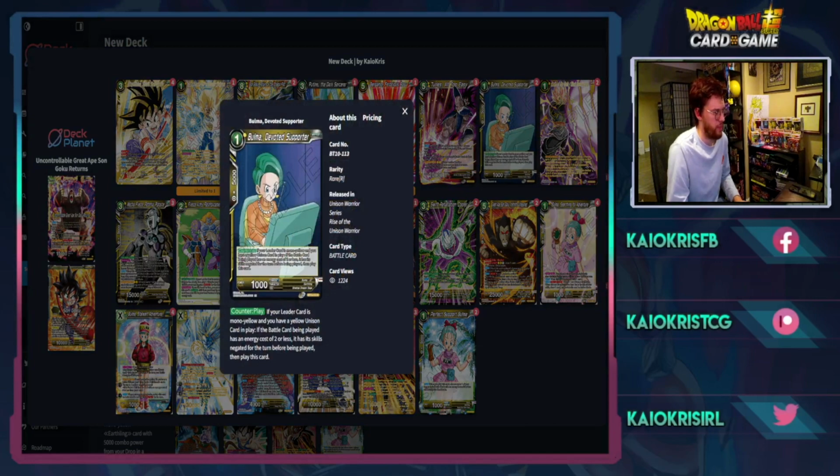So if your leader is mono yellow and you have a yellow unison card in play, if the battle card being played is 2 or less, it has its skills negated for the turn before being played, and then play this card. So this is essentially Yellow's version of the Dodoria counterplay. And I know a lot of people probably have never seen this card before, because it's not really ever seen play. Why this card is good, this is essentially kind of a worse version of the T-Blow, right? However, it's searchable, and that's important,